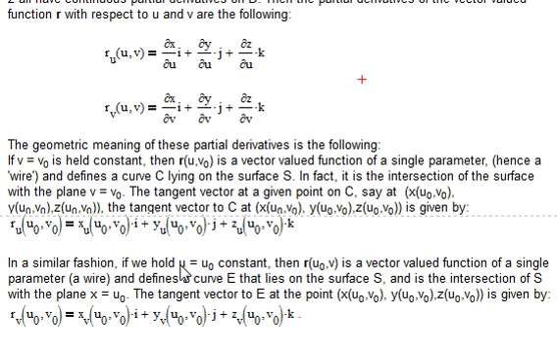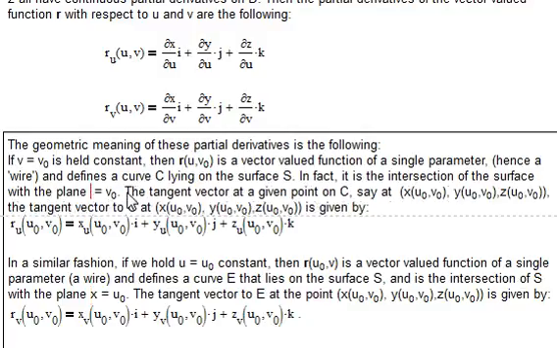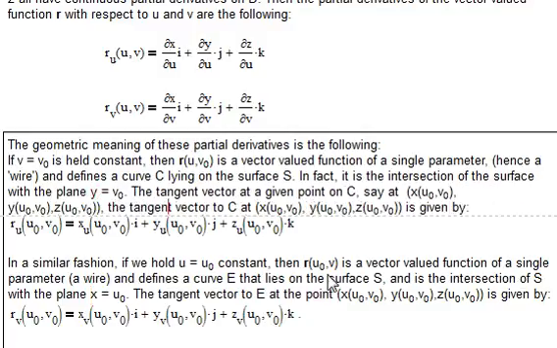In similar fashion, if we hold u equal to u0 constant, then r of u0,v is a vector valued function of a single parameter, because u0 is a number now, right? And so it's a wire and defines a curve E that lies on the surface S and is the intersection of that surface S with the plane u equals u0. As a matter of fact, I did mean to say that, and I didn't say it rightly. And the tangent vector to E at that point is given by